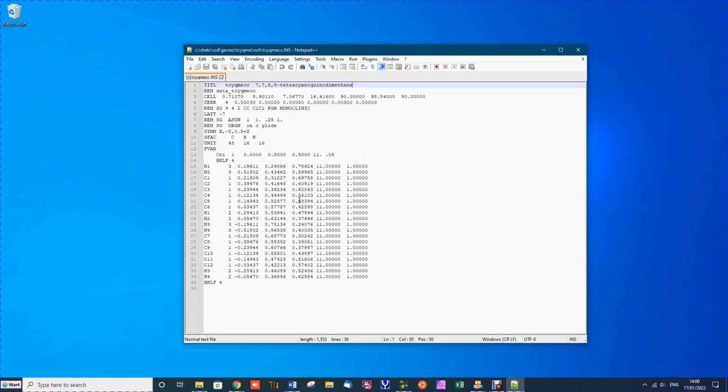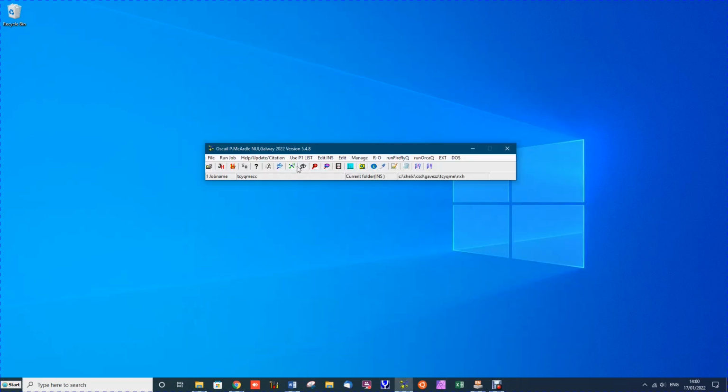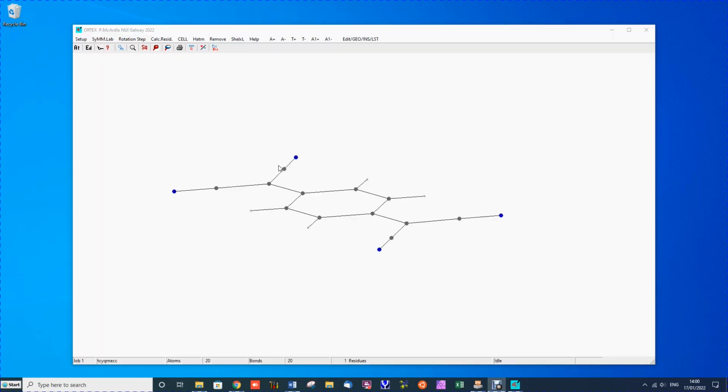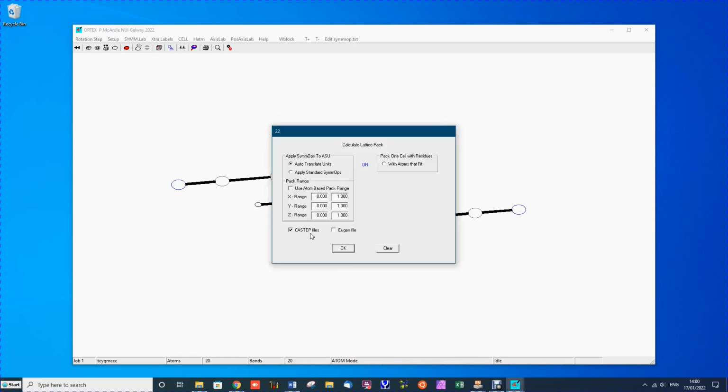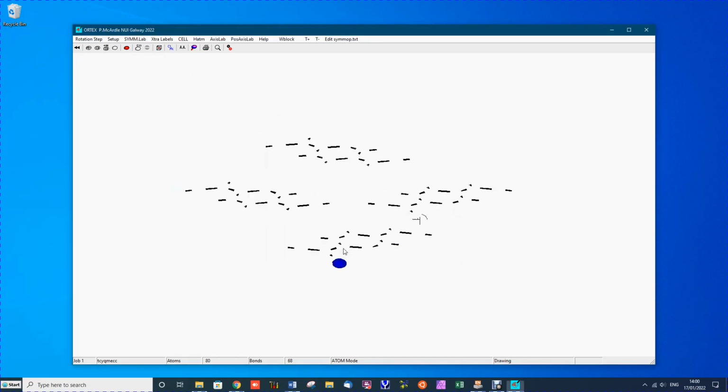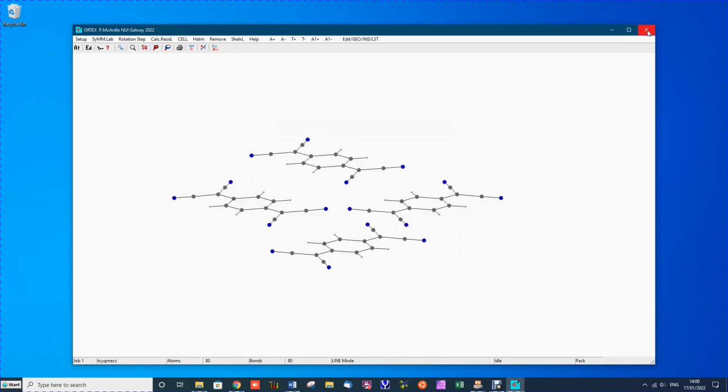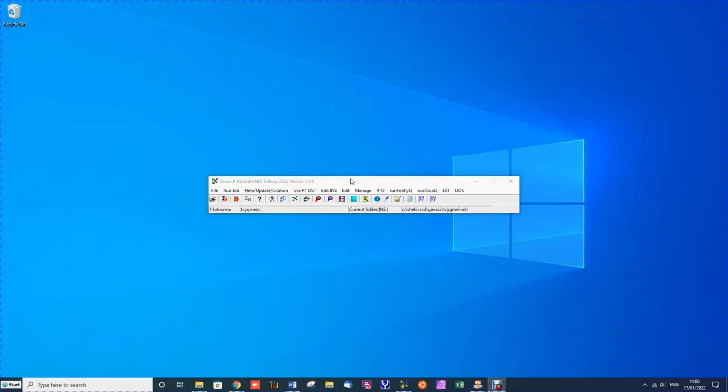Now to run it, all you need to do is go into Ortex and do a default lattice pack as we saw in the tutorial, and make sure you check the Castep files and then click OK and exit Ortex. The files are now written. So we can look at the files